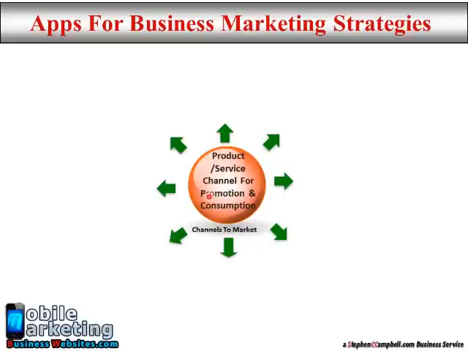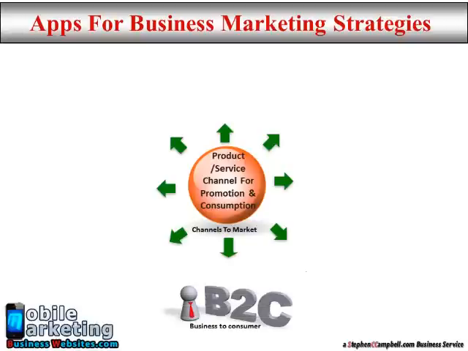Apps, of course, can be used to promote most businesses, and in terms of developing your strategy, you'd have to figure out how you're going to get them to consume your product. Maybe they can consume the product online. For example, if you're providing information, downloadable digital information, video information, audio information, you can get them to consume it online. But whatever your product or service is, you can use apps as part of your channel marketing strategy to fit in line with how they will actually consume your product. And of course, they will consume your product in a particular manner.